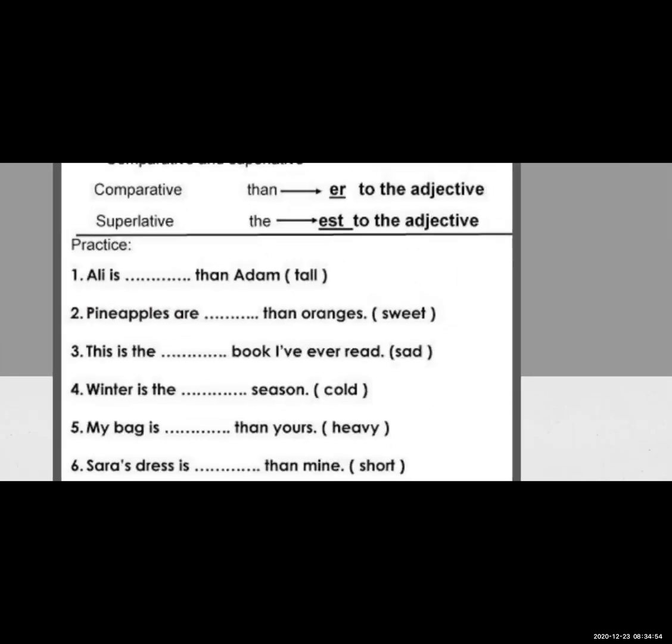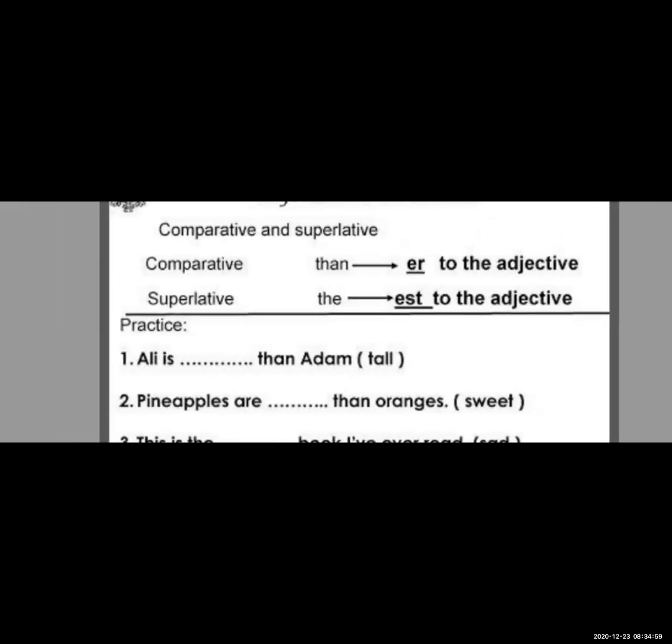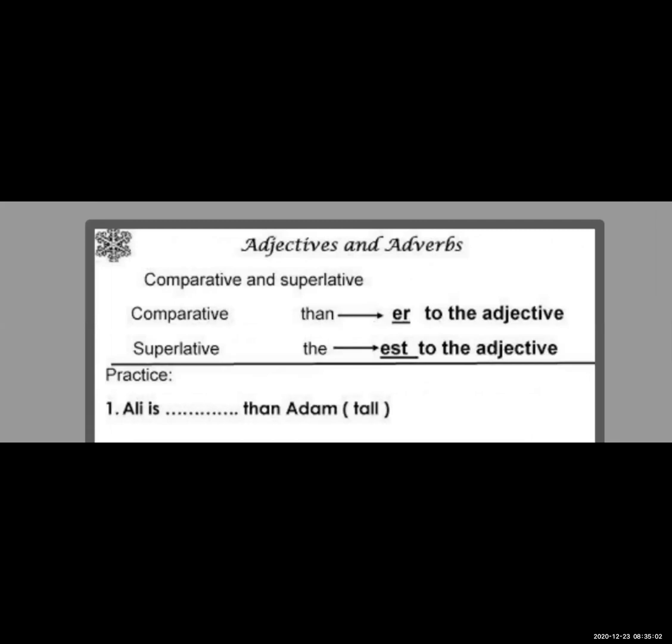Adjectives and adverbs, comparative and superlative. We'll see one by one now. Now you have to simply keep one thing in mind. While solving this exercise, whenever any exercise appears in front of you, first you have to read the directions given properly. After that only go for the questions. Many of you don't deal with this properly, and because of that you get wrong answers.